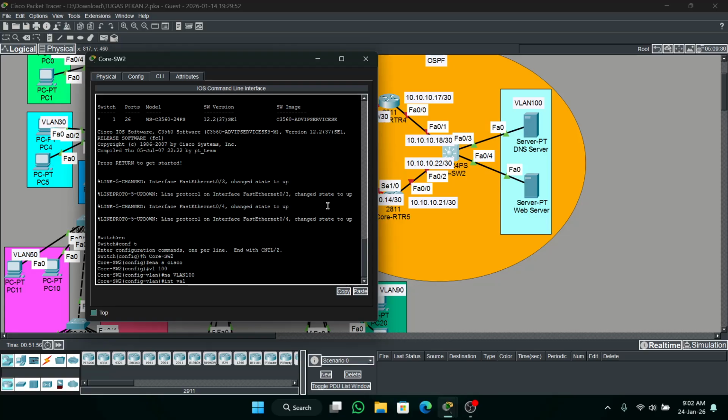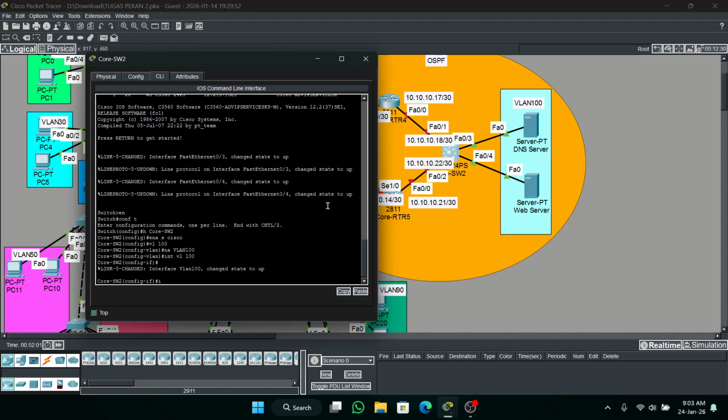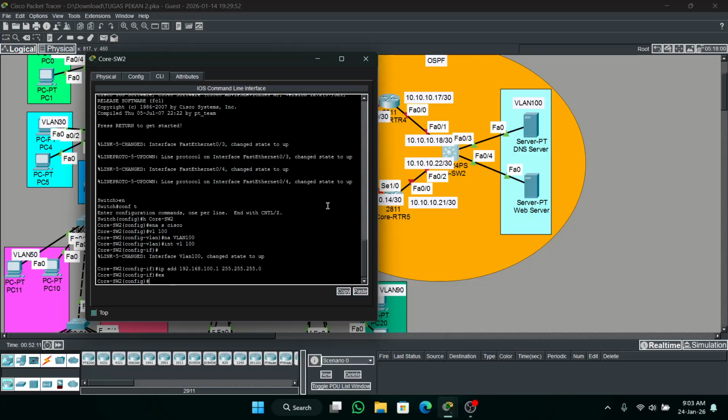Interface VLAN 100. Okay, IP address, mask 255.255.255.0. Exit. So the configuration for FastEthernet 0/3 and 4, we will configure not trunk, but access.